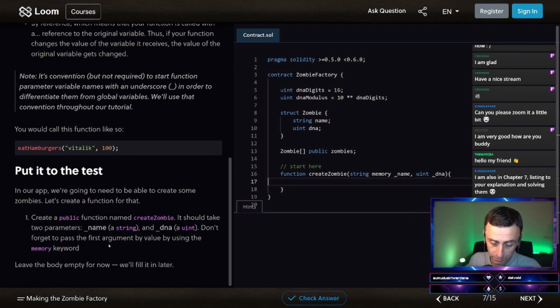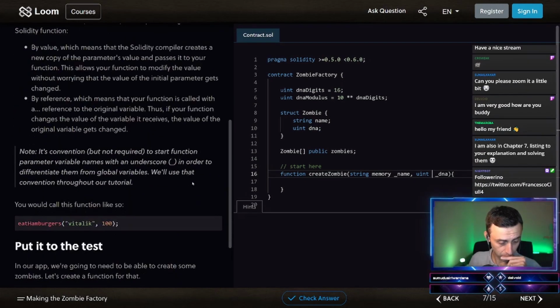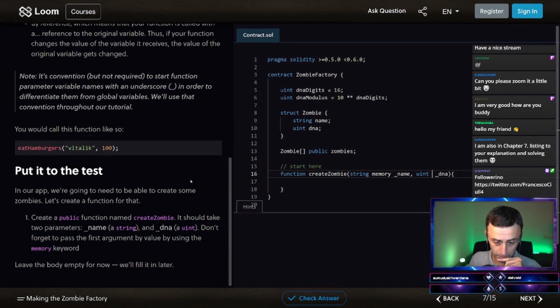Don't forget to pass the first argument by value by using the main memory. So the first argument by value, by using the memory. Okay, so I think this should also be memory. Let's see. Name and DNA. No, only the first argument.